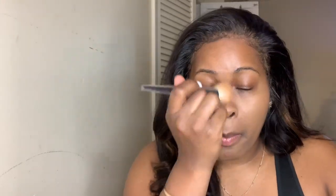Just an even layer. So you guys see how that evened out my face? Now you don't have that Casper effect where it's bright and then everywhere else is like nothing. You do have a little more dimension to your face, but you're not done yet. So don't worry guys, this is not it. I do go over my nose a little bit. Okay, and that's it. Next, what we're gonna do is add a little nose contour,